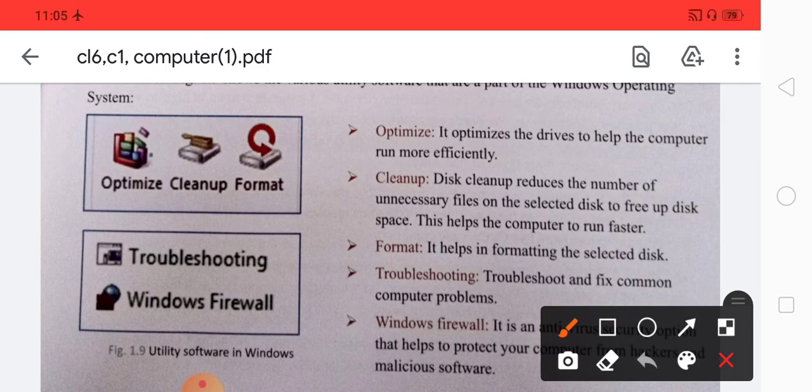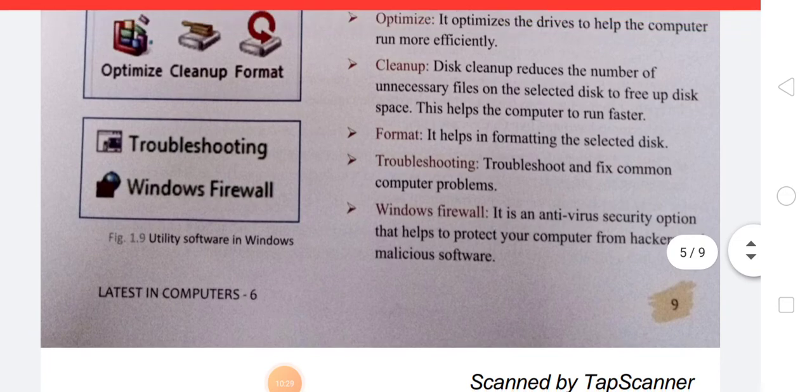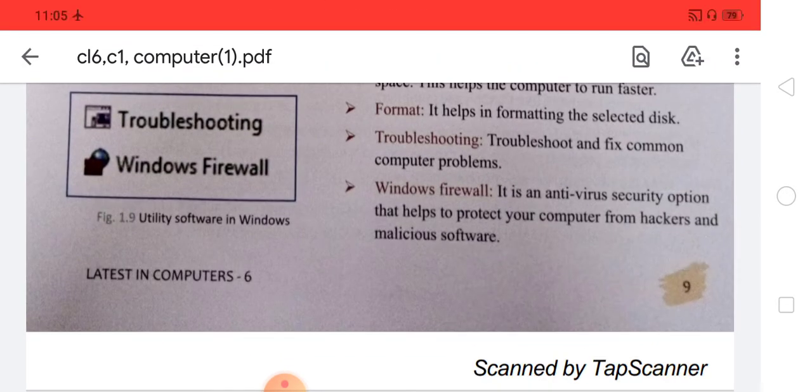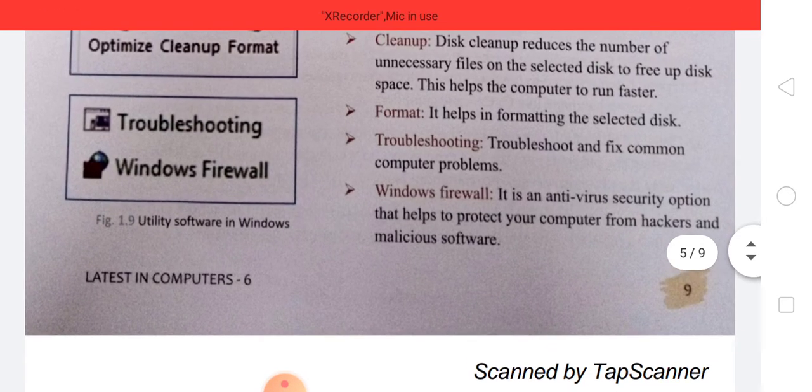Then format helps in formatting the selected disk. Then troubleshooting, to troubleshoot and fix common computer problems. And the last one is firewall. It is the antivirus security option that helps to protect your computer from hackers and malicious software.